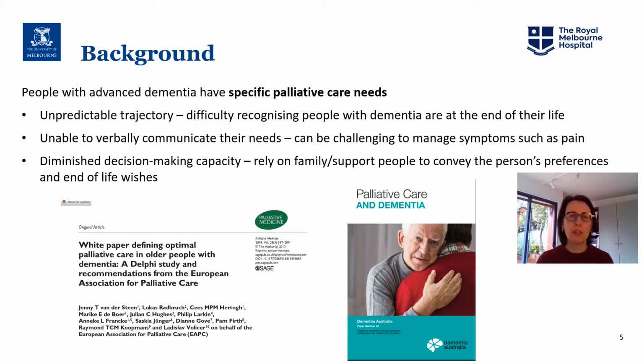So people with advanced dementia have specific palliative care needs, and there's a growing body of literature supporting this. And it's for a number of reasons. The trajectory is often unpredictable, and so it can be difficult to recognise when a person with dementia is nearing the end of life. In the advanced stages, the person has their verbal communication quite severely impaired,